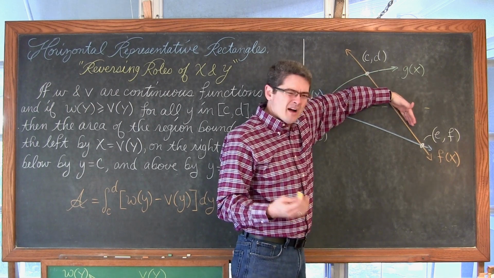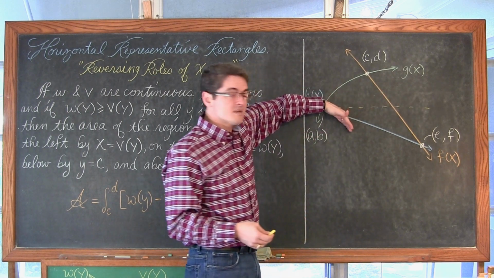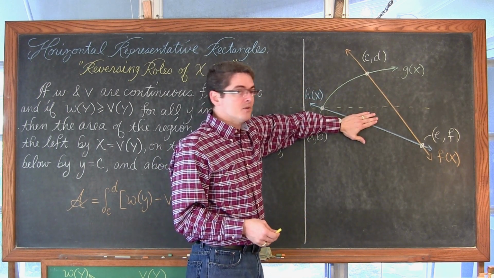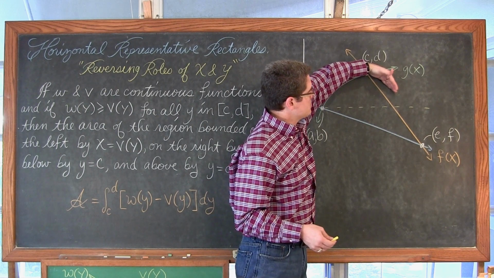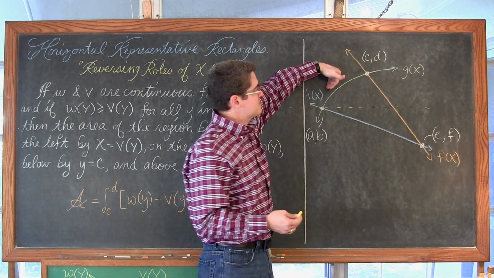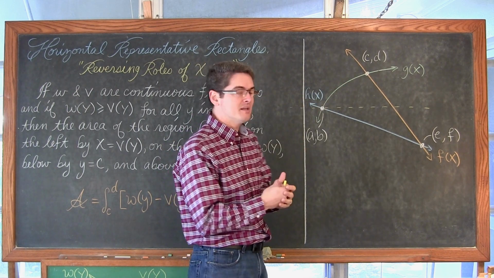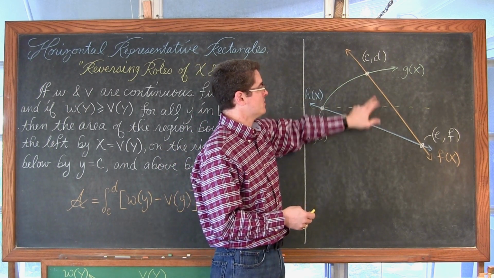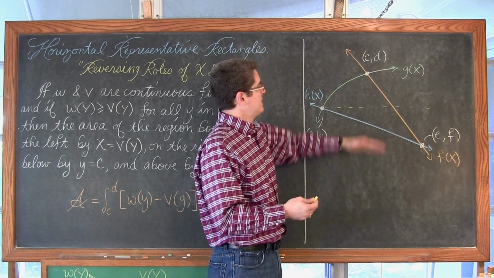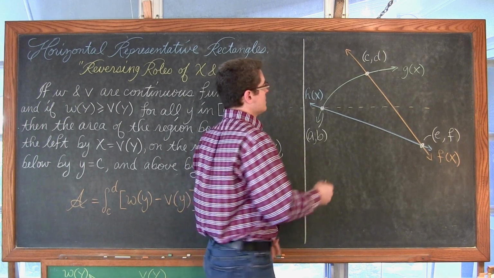I guess f sub 2 of y, taking these values here and subtracting it with this function for this lower bound, and then this orange graph, or f sub 2 of y, minus g sub 2 of y, where you had to turn both of those functions around. But the point is, you would still have to set up two definite integrals, whether you were finding this area with horizontal representative rectangles or vertical ones.